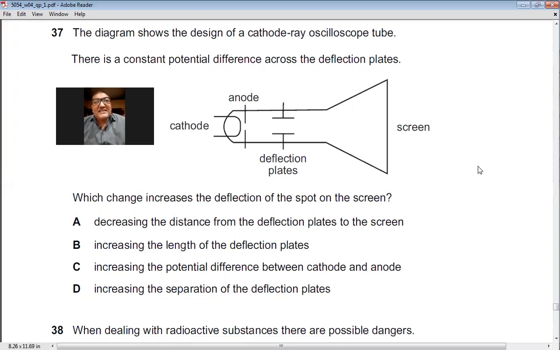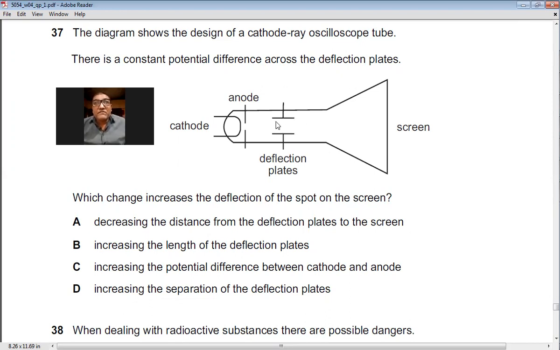Increase the length of the deflection plates? Yes. Increase the potential difference between the cathode and the anode? No, it has nothing to do with the deflection. It has to do with the speed of the electron. Increasing the separation of the deflection plates? No. So increasing the length of the deflection plates, if these deflection plates will be longer, the electrons passing